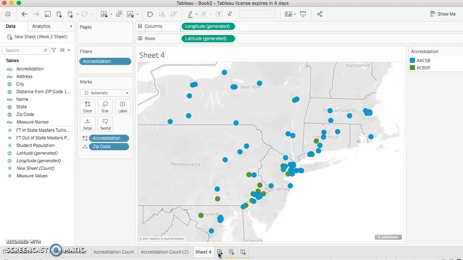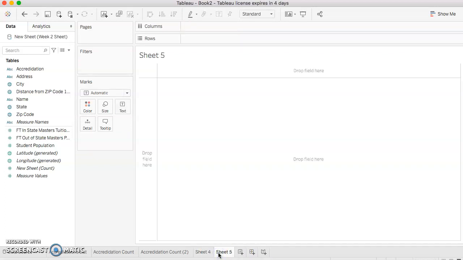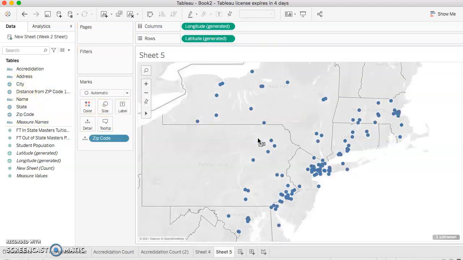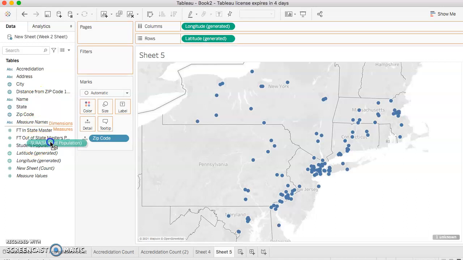Okay. And then our next thing that we were looking at this week is tuition and population on the map as well, based on all these schools. So I'm going to similarly drag over a zip code. This is student populations that we're going to look at first on a map. So I populated all the zip codes for the 129 schools. Then I'm going to bring over student population